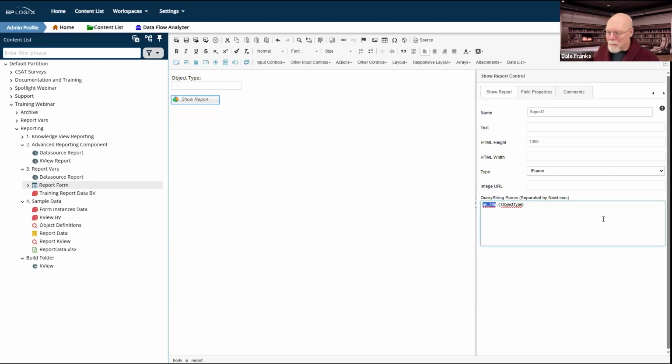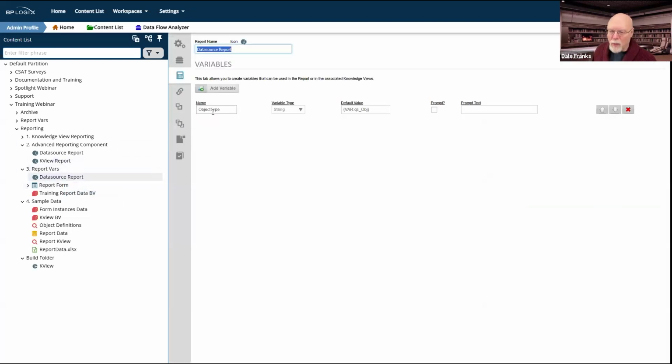And because I have magically created that variable, if we go back and look at my data source report and we look at the object type var, it has the default value, which is QS underscore object, as we saw earlier. In other words, I am magically just making a variable on the form that I've decided to call QS underscore OBJ.